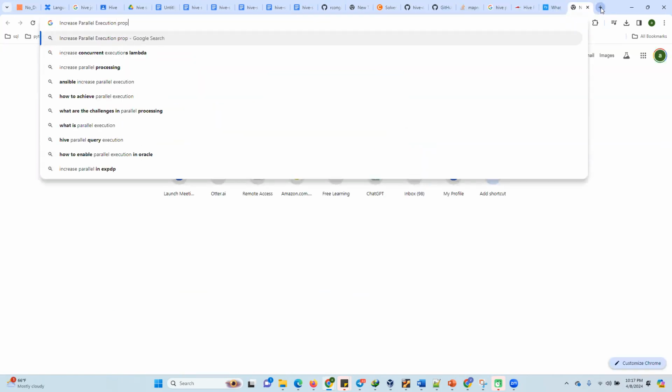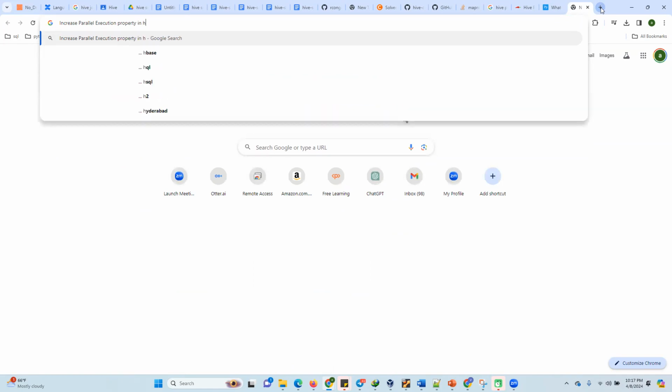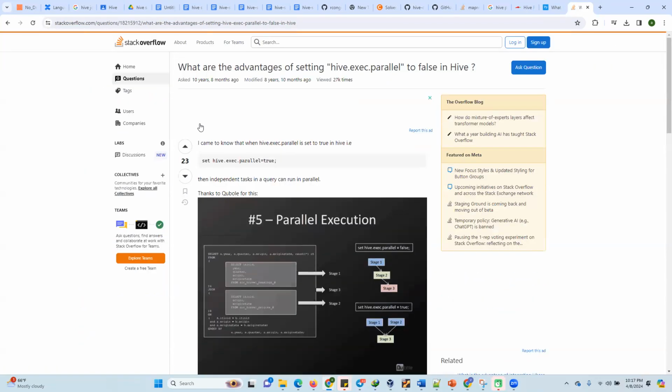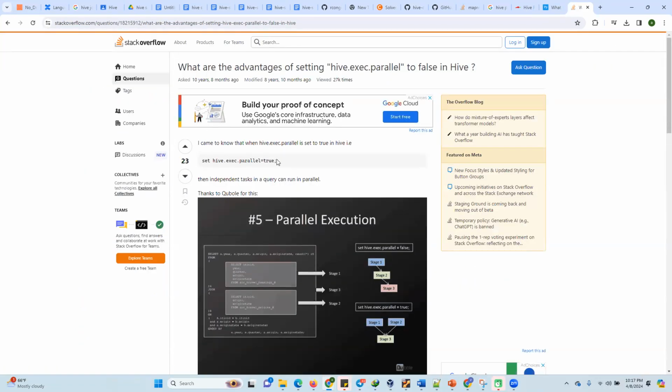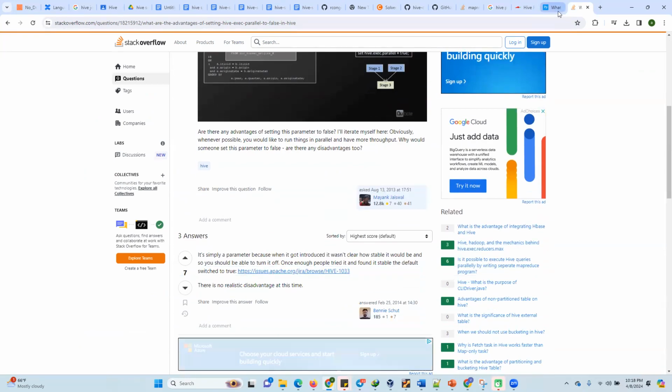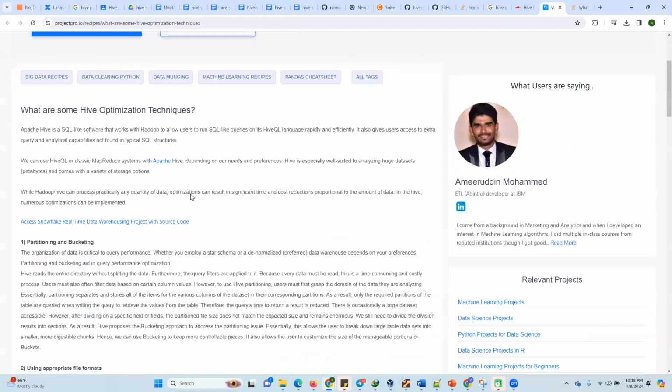What is the property name in Hive? You can find it. You have to find some points on those. See, set hive.exec.parallel equal to true. When you set this property, there is nothing more, it's just a configuration, because in Spark you may have to write some code,